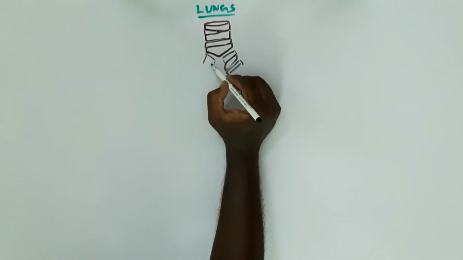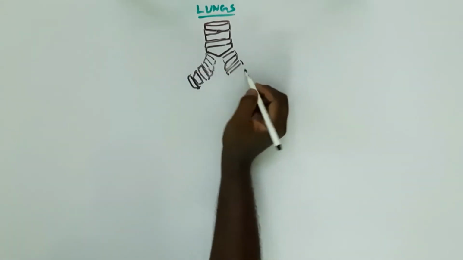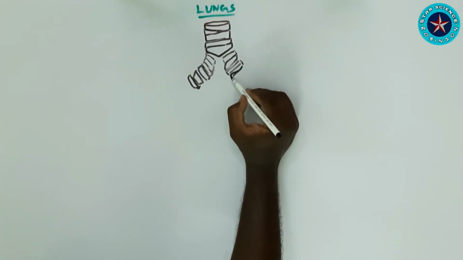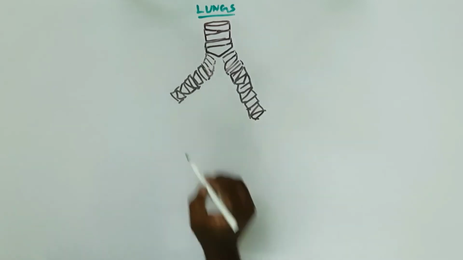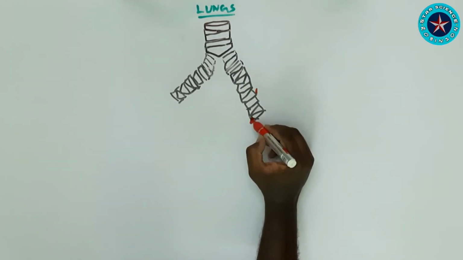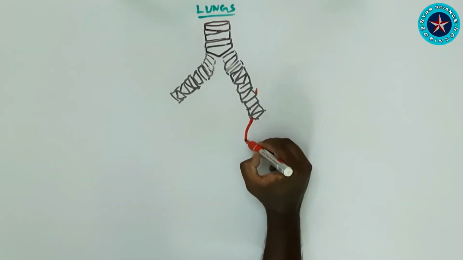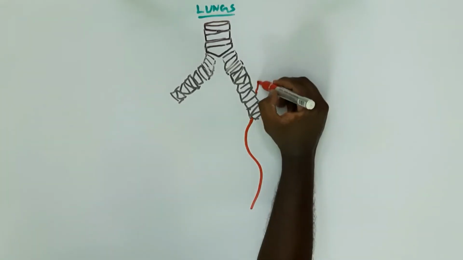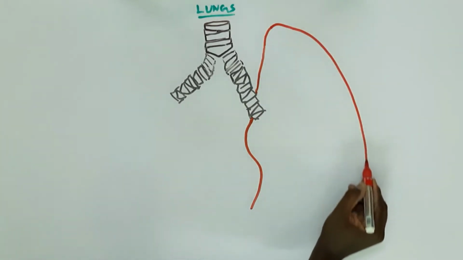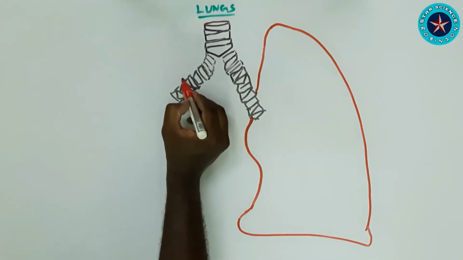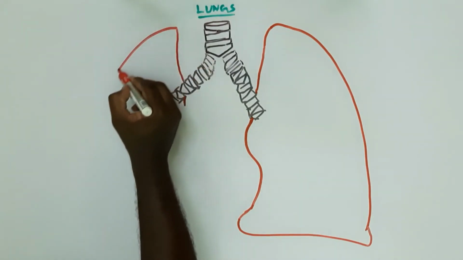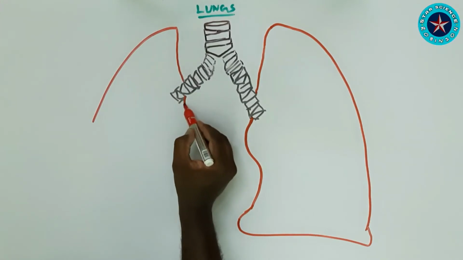Each lung consists of apex, base, costal and middle surface. The right lung, larger and heavier, weighs about 700 grams, and the left lung, smaller and lighter, weighs about 600 grams. The lungs lie either side of the mediastinum. Within the thoracic cavity, each lung is surrounded by a pleural cavity, which is formed by the visceral and parietal pleura. Lung root, a collection of structures entering and leaving the lungs.